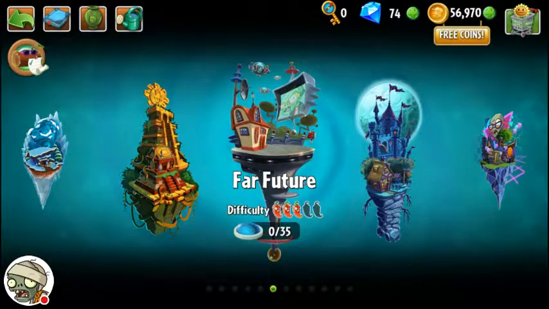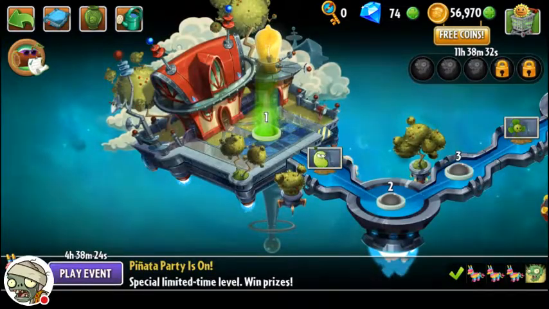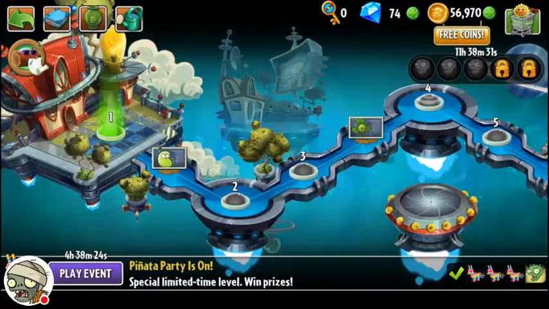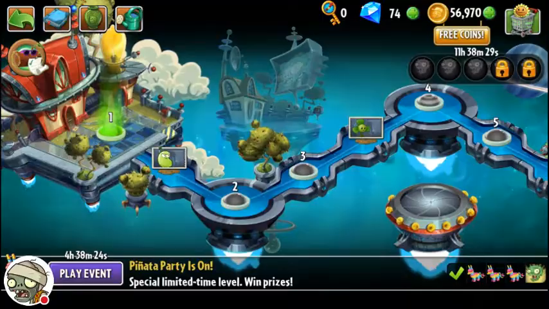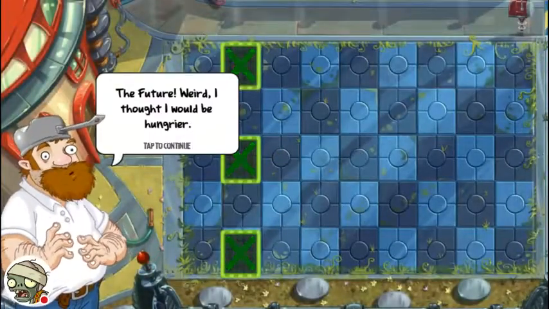Zombies 2. Now, I said I was going to go back to the Pirate Seas, but there is a plant I want to grab out of the far future. We can actually see it right there-ish. It's just the Bloomerang. We only need to get 3 levels into it, so that should be a very quick grab. And the Bloomerang is something that is useful in pretty much every area, so...